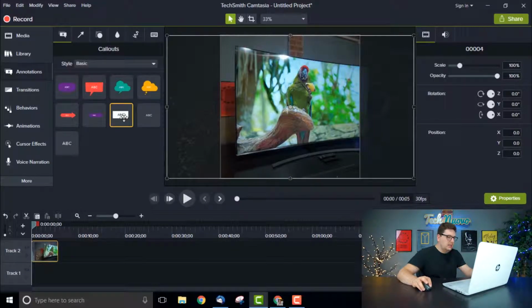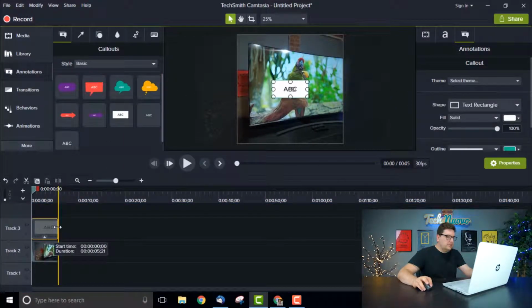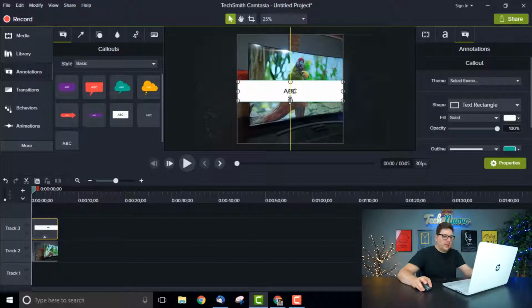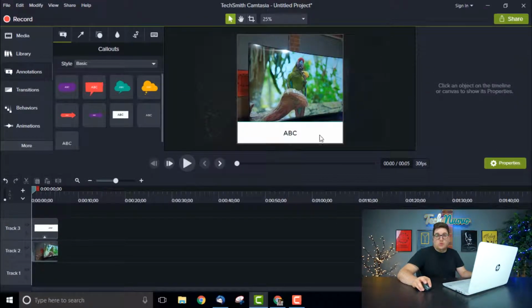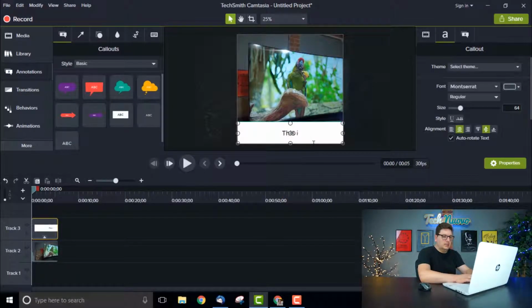We're not doing that today, we're just sticking to how to create these videos quickly. So let's make a caption box here. Now as you can see, by default the caption box is white and the text is black. Now it looks okay. I don't particularly want that. We're going to talk about that and change the style in a minute, but let's just change this to, this is the new Samsung